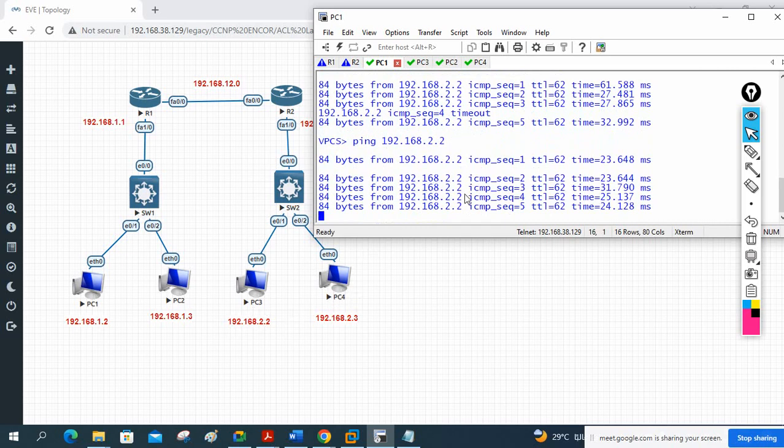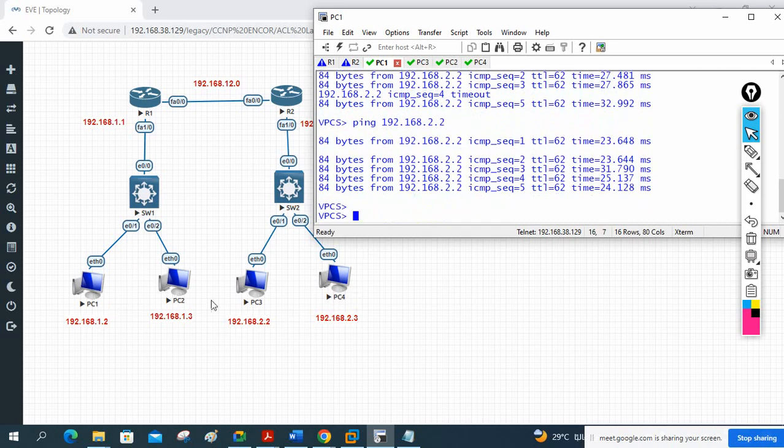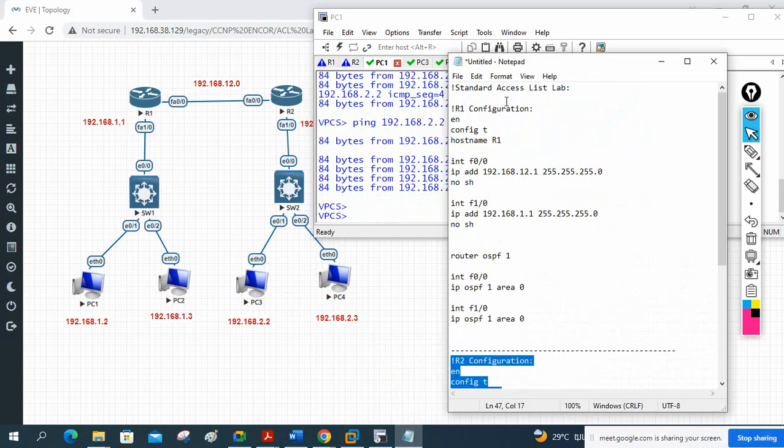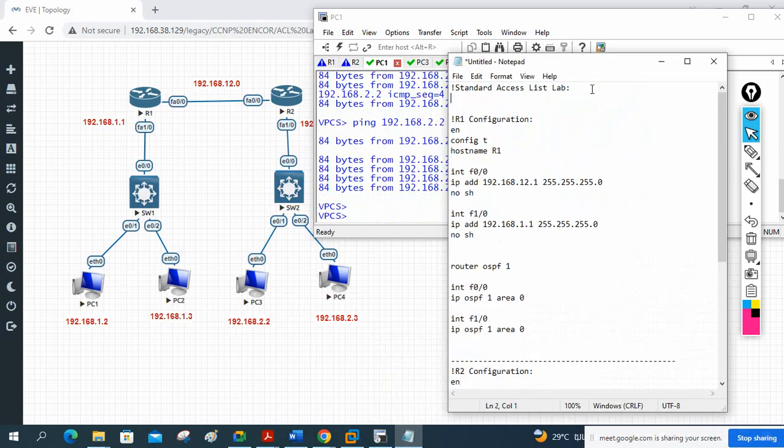But your manager told PC1 should not ping the PC3. This is your requirement. Okay, you need to block that one. So what we can do here, first of all, we can write somewhere here. I can write here